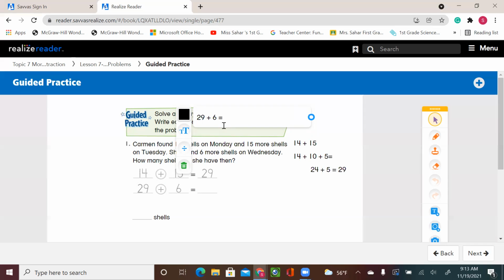I can break 6 into 1 and 5 to make the 29 into 30. So I can make it easy for myself to add. So I'm going to say 29 plus 1 plus 5 equals